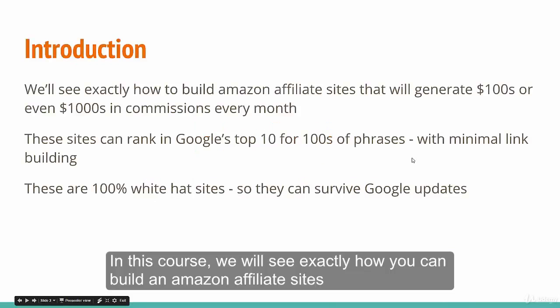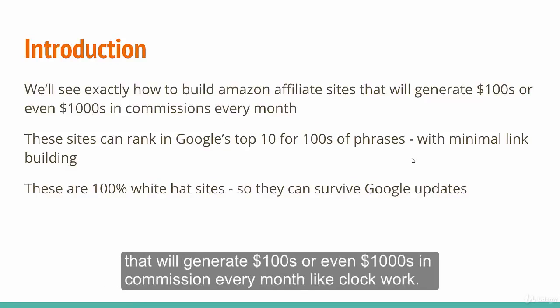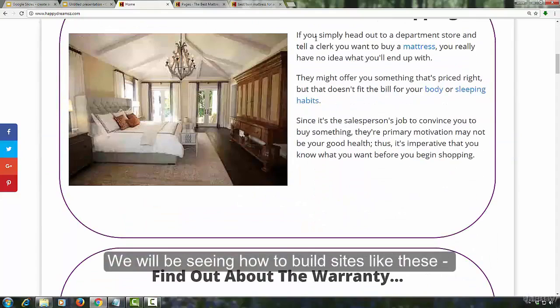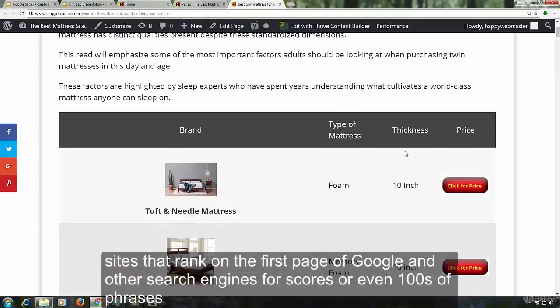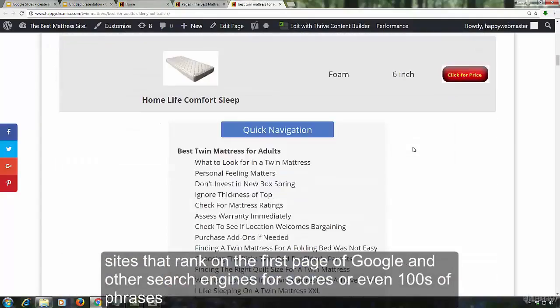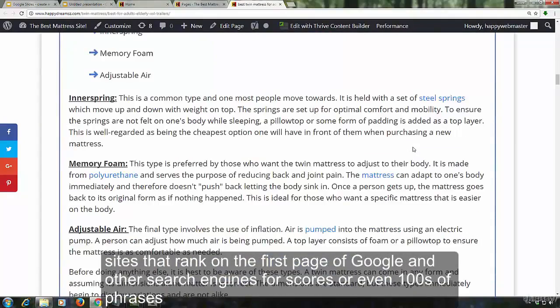In this course, we will see exactly how you can build Amazon affiliate sites that will generate hundreds or even thousands of dollars in commissions every month like clockwork. We will be seeing how to build sites like these. Sites that rank on the first page of Google and other search engines for scores or even hundreds of phrases